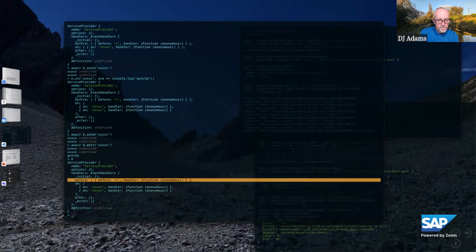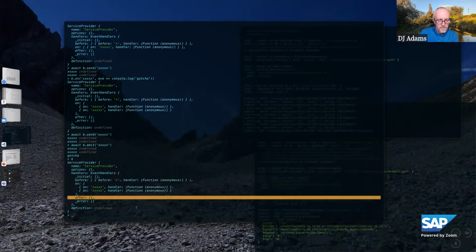The before handlers are all executed in parallel. The after handlers are all executed in parallel. The on handlers are executed in order using the next pattern, which is called the interceptor pattern. And the first one that gets it and doesn't delegate to next consumes that event. And in case of send, this is really an interceptor stack. But in case of emit, we